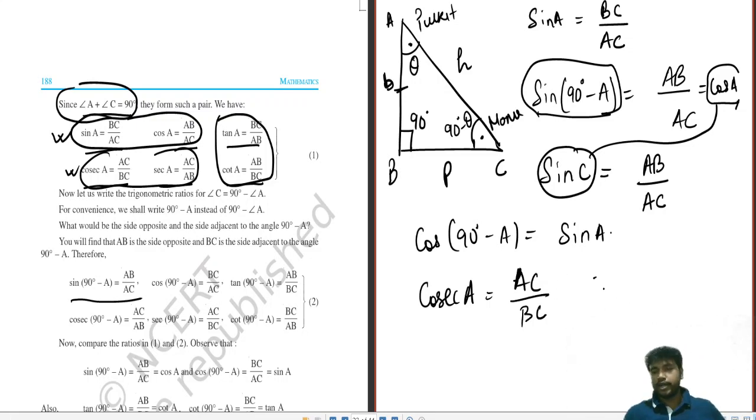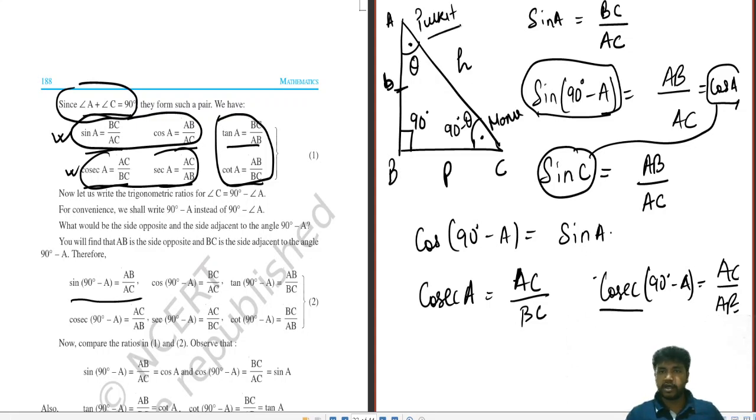But Monu says according to me cosec will be, let's think over it, cosec will be AC by AB. For me it will be AC by AB. But according to Pulkit, the person over here, according to Pulkit this will be sec, because AB is the base. So cosec and sec have a relation over here. And tan and cot is simple.